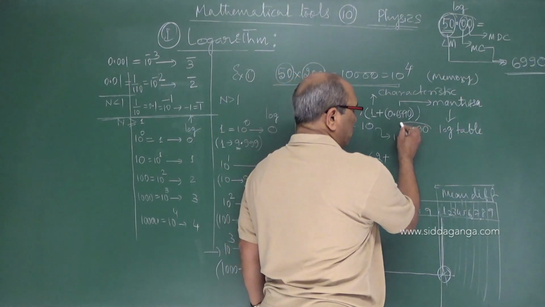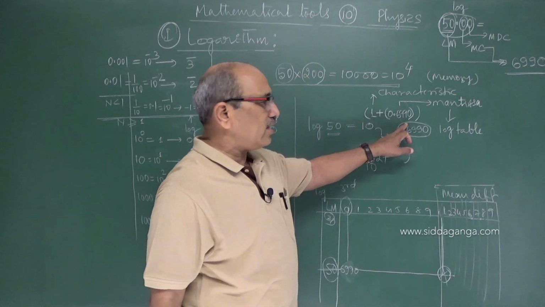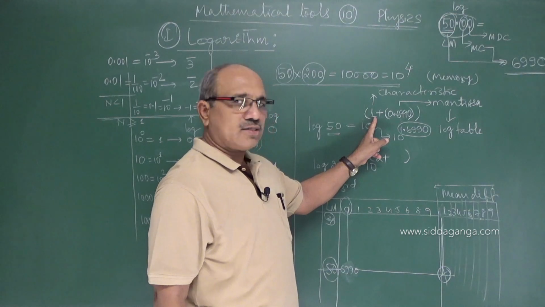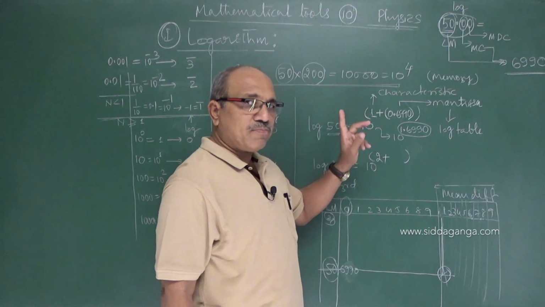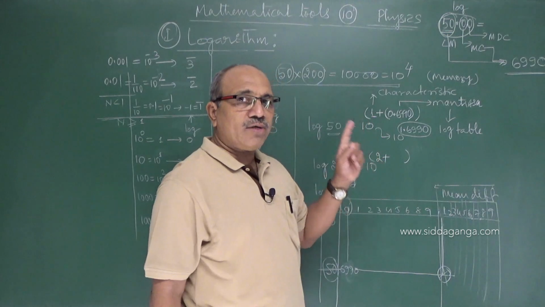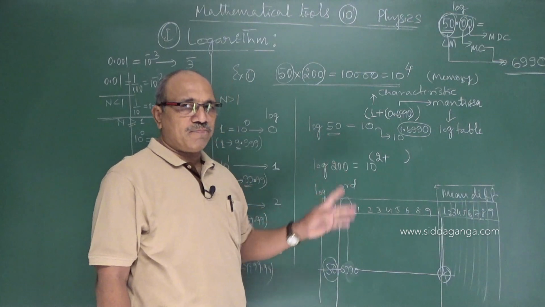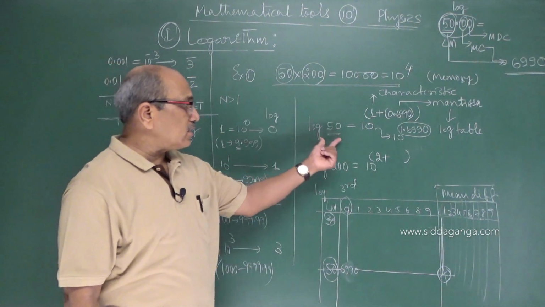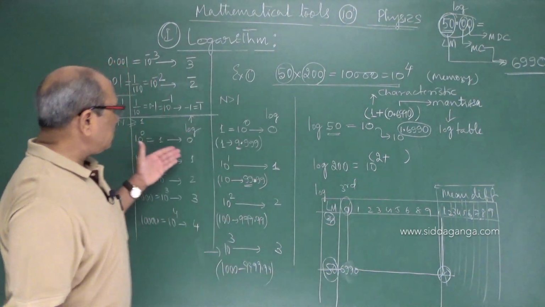So the log of the given number, log of 50, power of 10, is a logarithm, no doubt. It has two parts. One is called the characteristic, another is the mantissa. The characteristic may be positive or negative. We are in the positive section. This may be decided by looking into the number. When you see the numbers, see the whole number part. If it is more than 1, how many digits are there? Make it one less and write the characteristic. That you can easily know here.